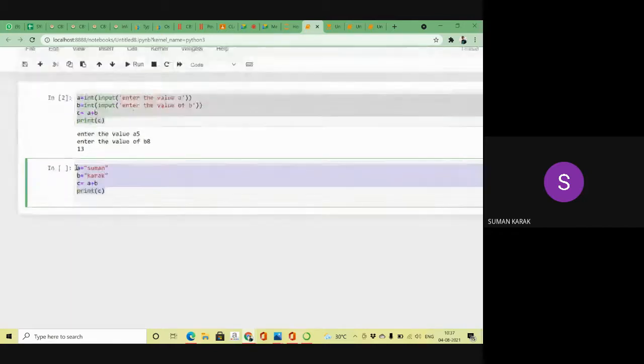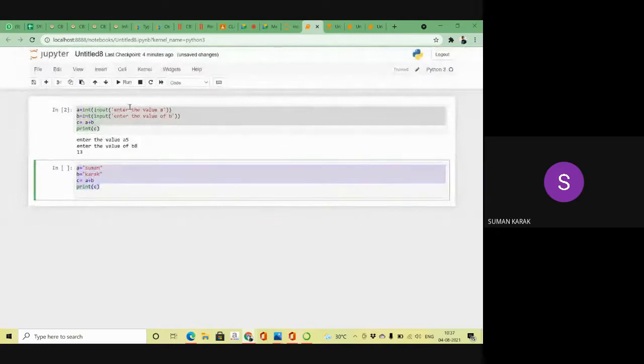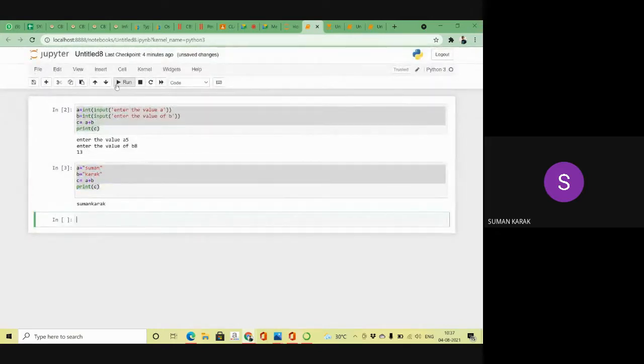My output is SumanKarak. They are joined together. So with strings it is possible to join, but any mathematical operation is not possible in the string data type. Did you understand about the input function?